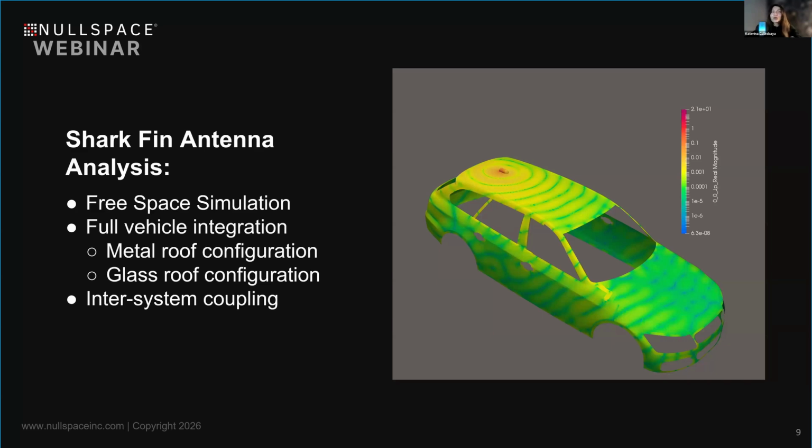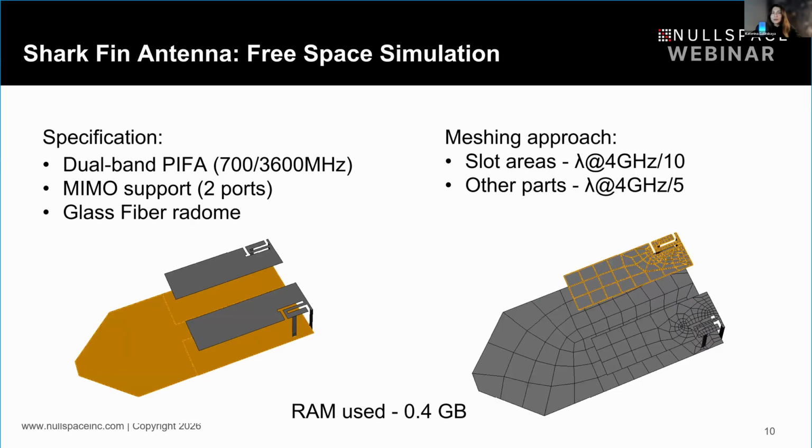And then we also simulated some multiple systems in the car. So we put Bluetooth and Wi-Fi antennas inside the car and checked if there is any good isolation between the antennas. So we start with the free space simulation with the standalone antenna, and our antenna is relatively simple